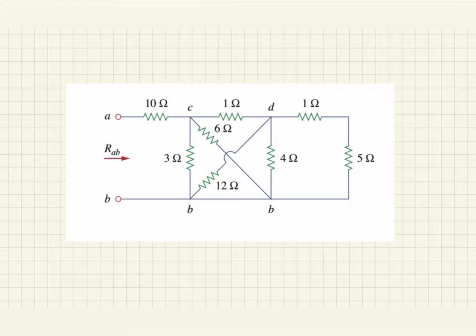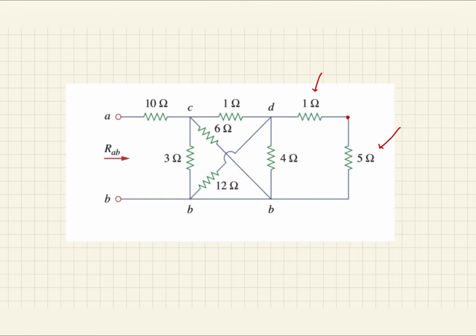We are required to calculate the equivalent resistance that goes through the circuit, or RAB. Now, the first step is for you to identify all the nodes in this circuit. Recalling the definition, a node separates two different elements. For example, this one over here. As you can see, this node separates the 1 ohm resistor from the 5 ohm resistor, so we